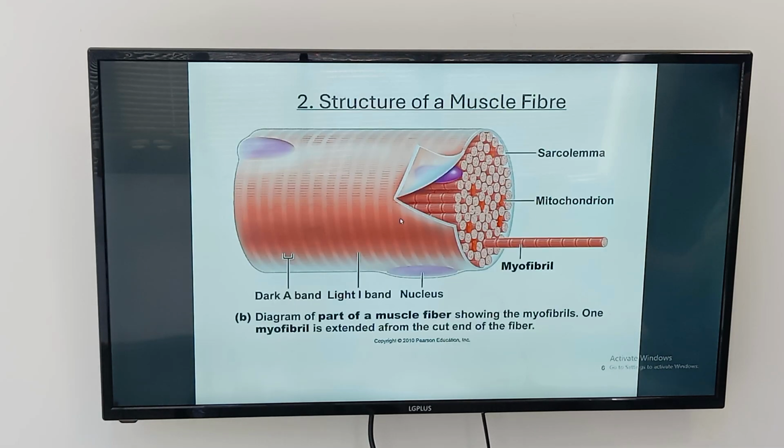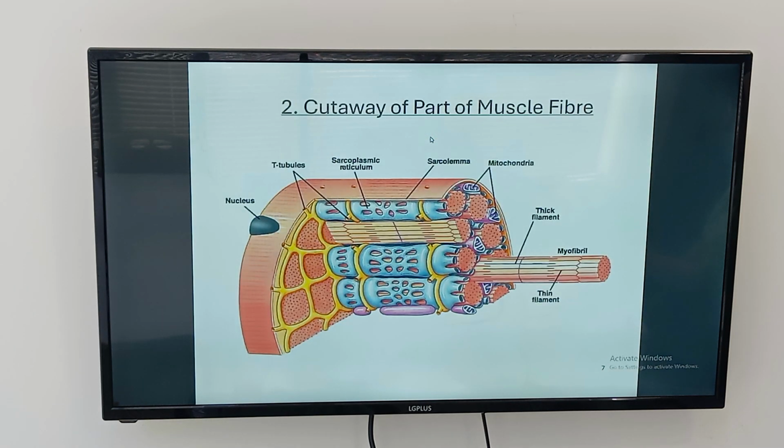As we mentioned before, sarcolemma means the plasma membrane surrounding the muscle fiber. So a sarcoplasmic reticulum is a connective network within the sarcoplasm. These parts, of course, are the mitochondria, which are the powerhouse of the cell. We're going to take a part of the myofibril. Myofibril consists of thin filaments